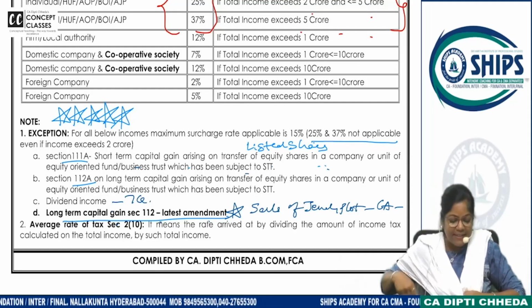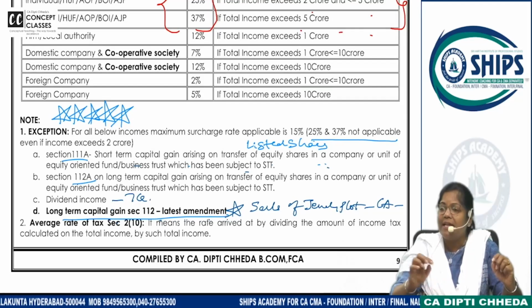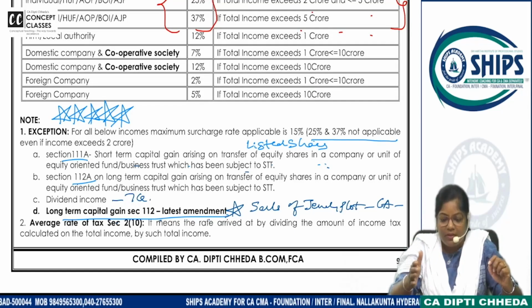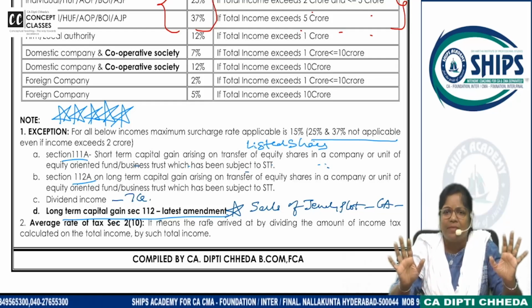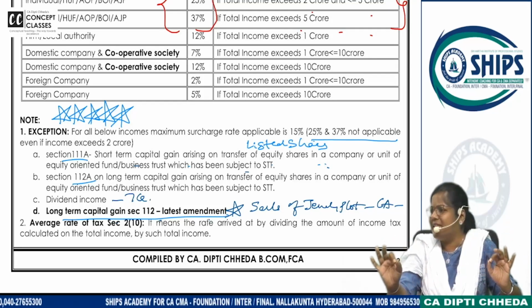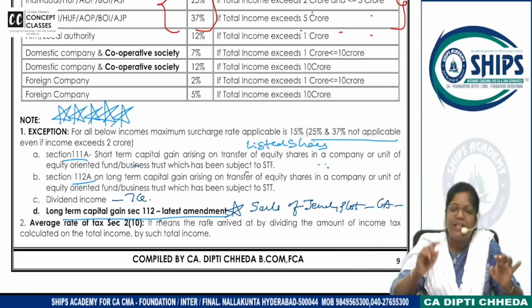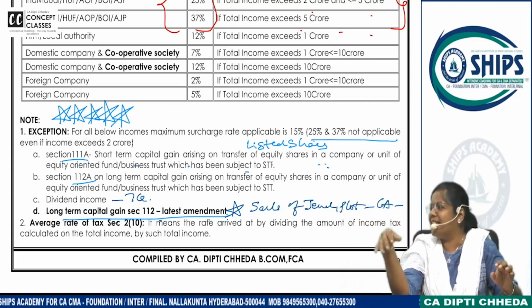And what it says is that these are the exceptional income wherein even if income exceeds 2 crore, the surcharge rate maximum is going to be 15%. 25% and 37% is not applicable if that income is short-term capital gain on shares, listed shares, STT,